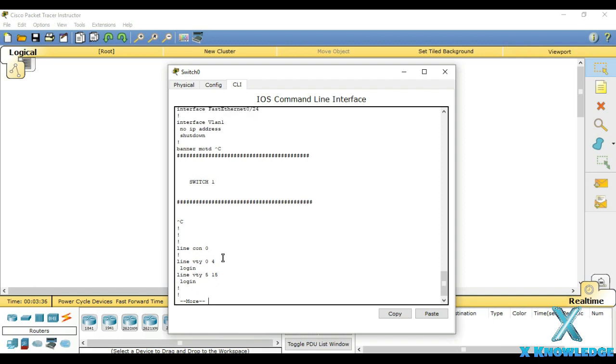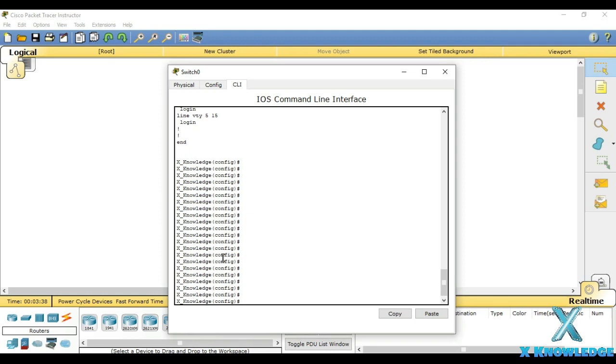The next thing which we will be performing is the console password. In order to set up the console password, just type line console 0. Basically we will be enabling the authentication, so we will have to set up the password.